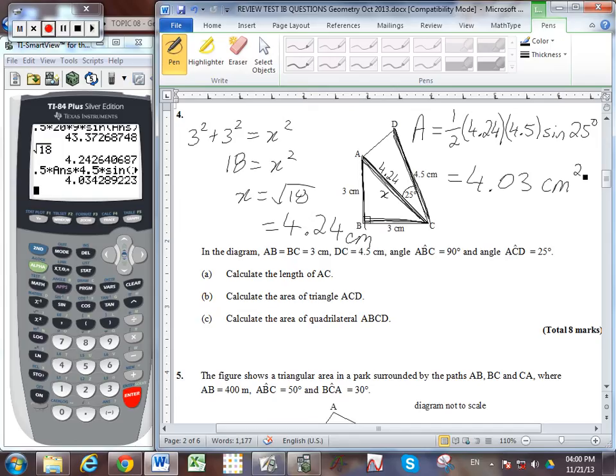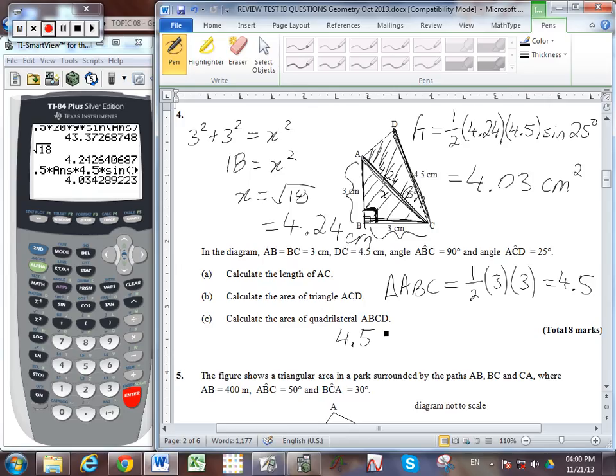And let's see, part C, we now need to calculate the area of the quadrilateral ABCD. Well, that's going to be the sum of this triangle that we just found plus this triangle. And this first triangle, ABC, is easy to find because it's a right one. Because it's a right triangle, our height is already perpendicular to the base. So we can just use 1/2 times base times height, and you'll find that that's equal to 4.5. So let's just add the 4.5 to the 4.03. So that's the area of the triangle at the bottom, that's the area of the triangle on the top, and we get a total then of